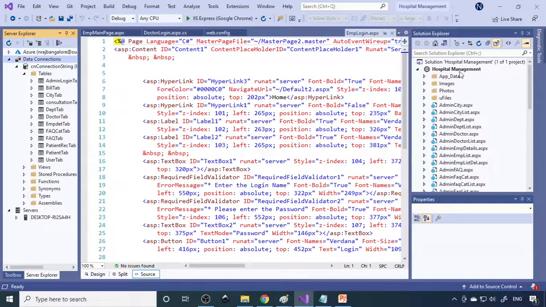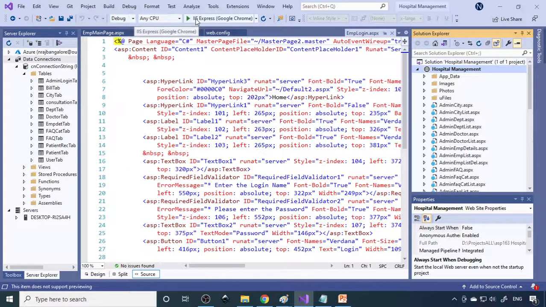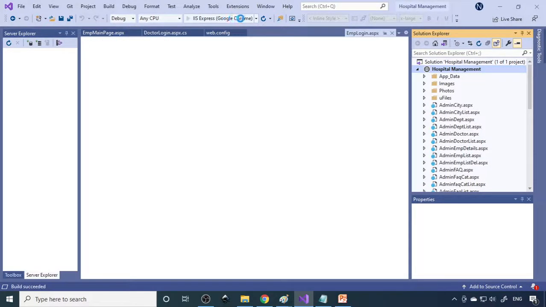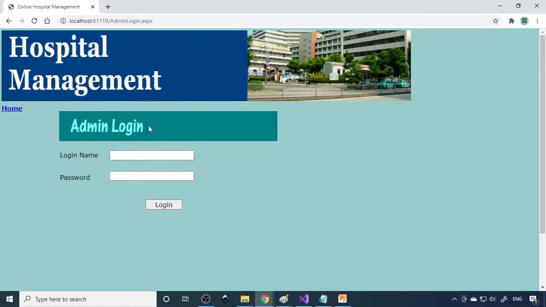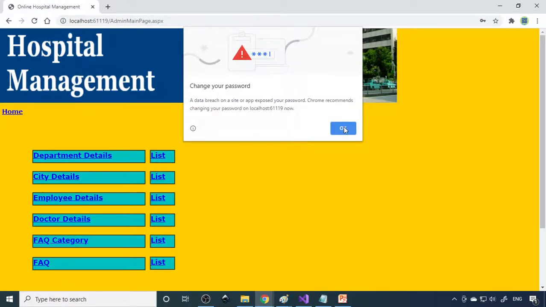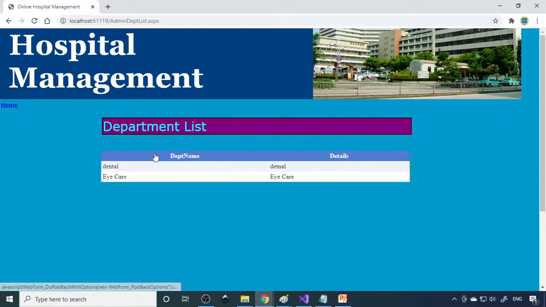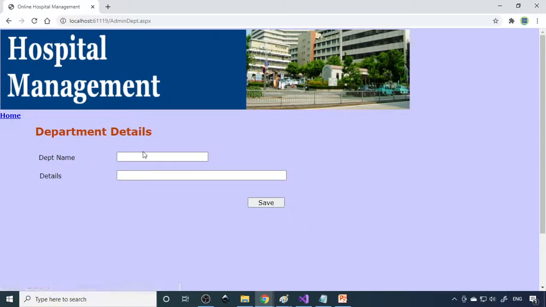First we'll run the project. To run this, you have to click on IIS Express. This will open in Chrome. We can go to admin login, and then log in as admin with the admin credentials. Here the options are very simple. Department details: what departments are there, we can enter here. Dental, eye care. If you want to enter one more department,